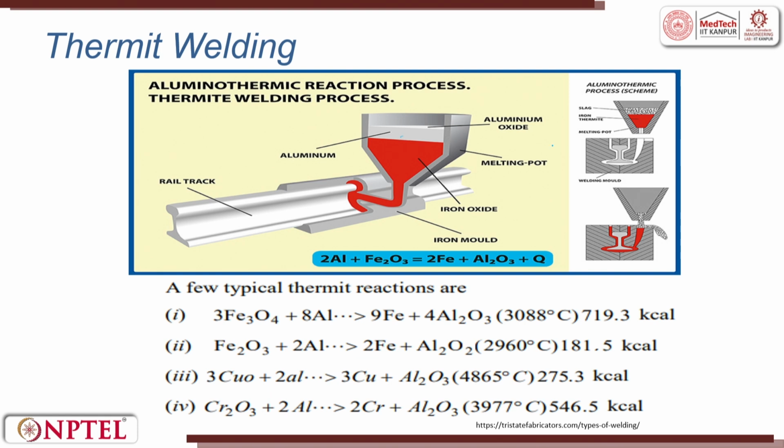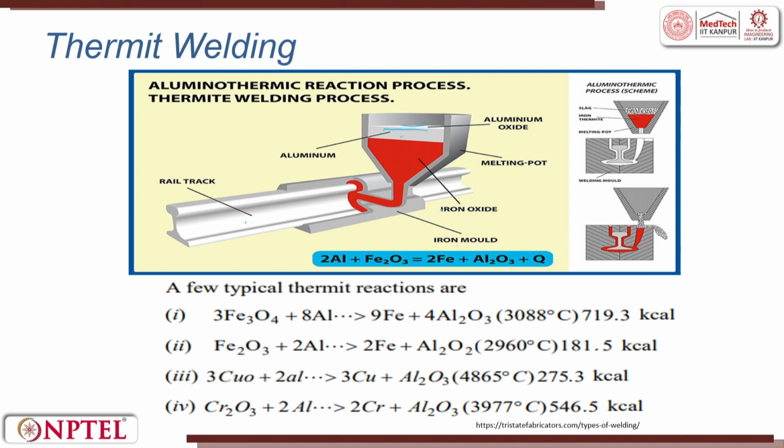So, the aluminum whatever is there, you have iron oxide. Let me explain. The aluminothermic reaction process is shown here. You have a railway track, then we have aluminum. The aluminum melt will always have an oxide on the top. So, this is a pot wherein the melt happens, and then you have iron oxide and an iron mold